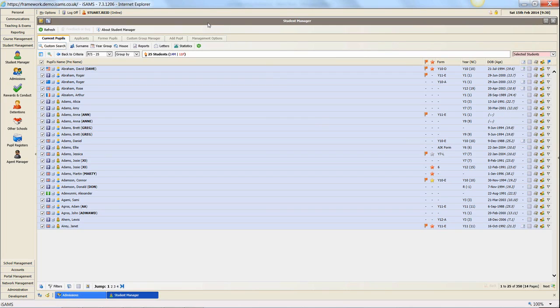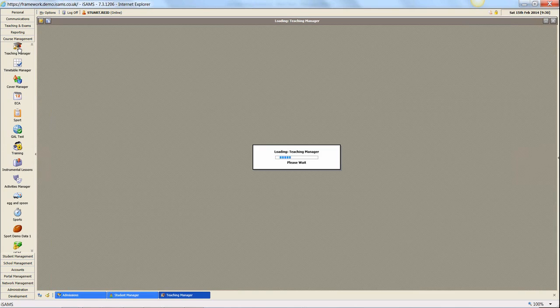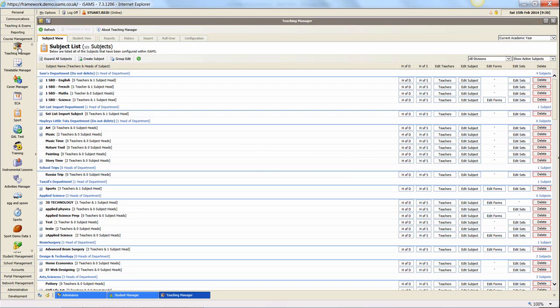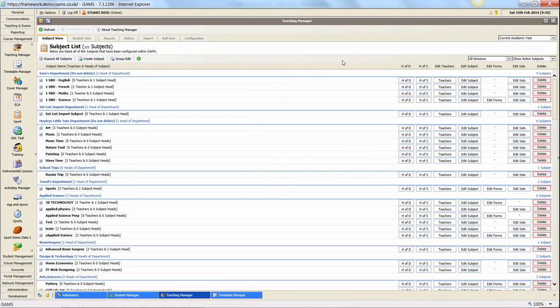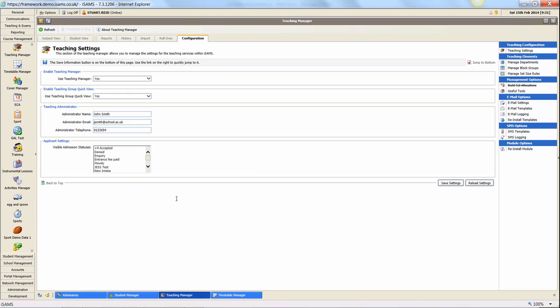Now that we've got the child in school, we're going to want the ability to put them into teaching groups. We do, though, have the ability to manage the process of putting admissions pupils into teaching groups and giving them timetables. Both the timetable module and the teaching manager module, which is your curriculum database, work on the concept of having a current academic year and also a development academic year. Within the development academic year, we're simply telling the system which applicants we want to be able to see from those custom statuses. So far in advance of a pupil being made current, we can put them into teaching groups